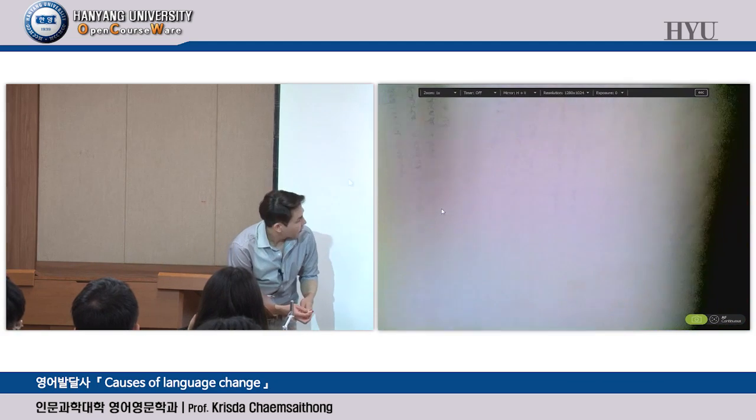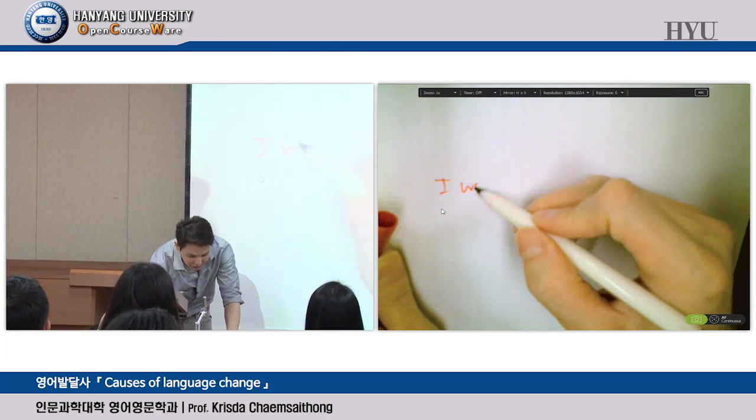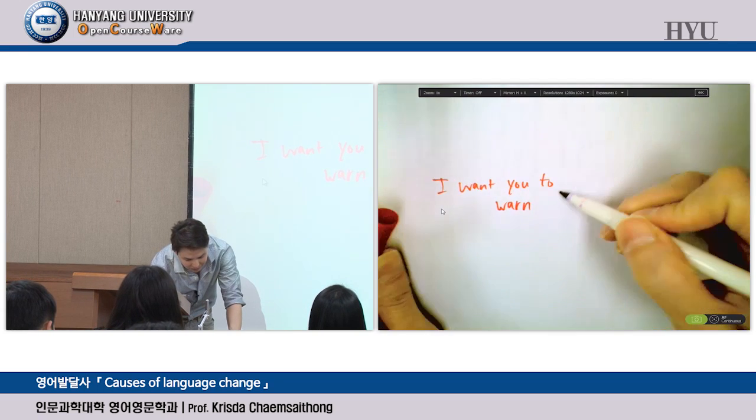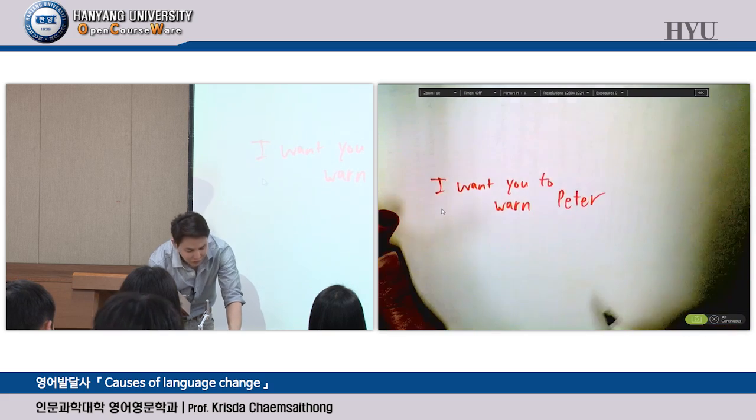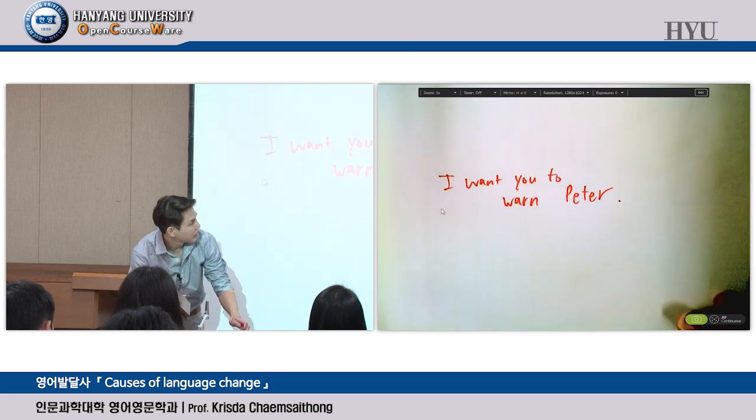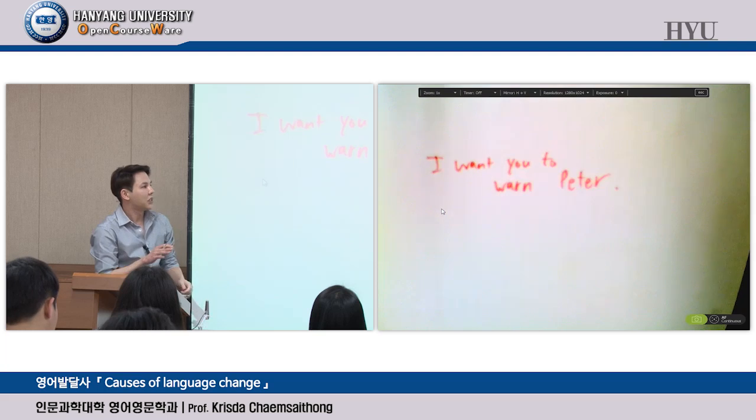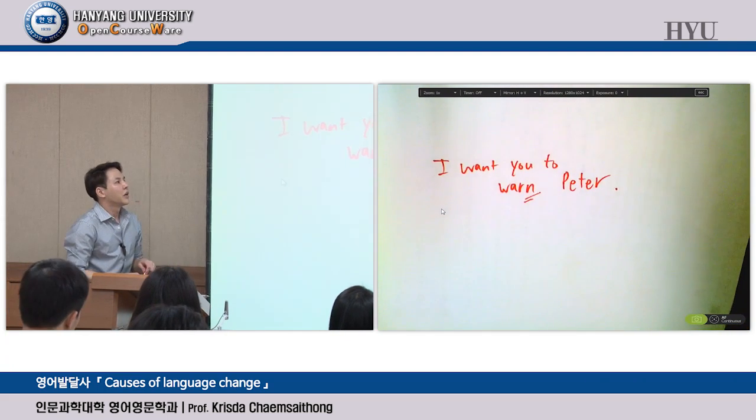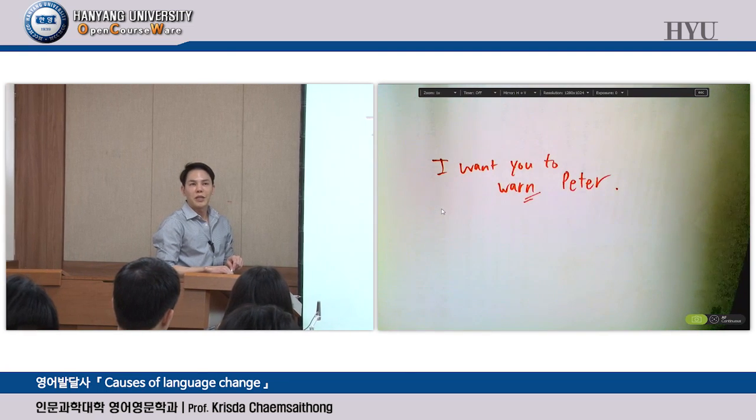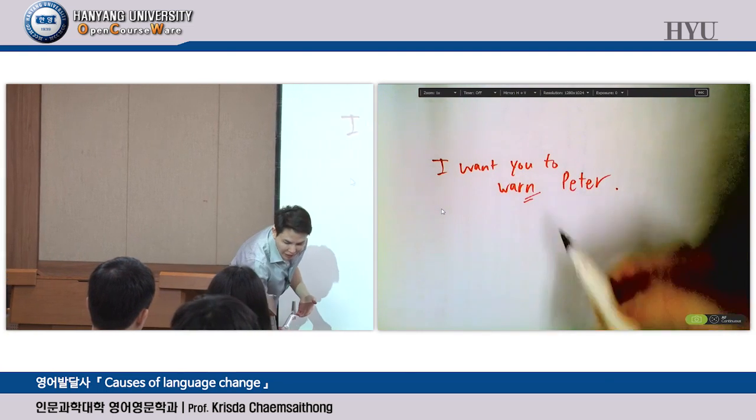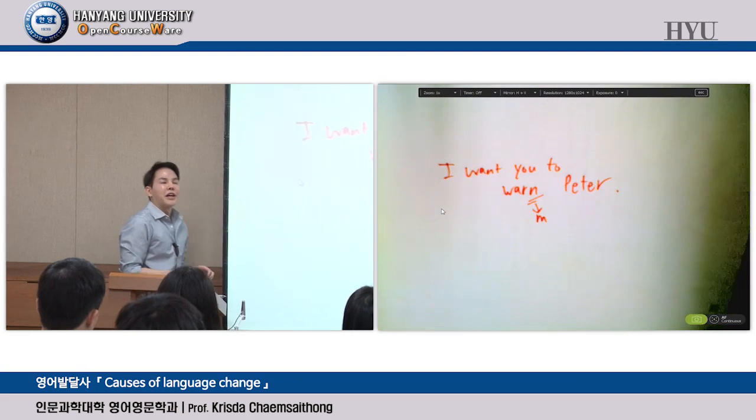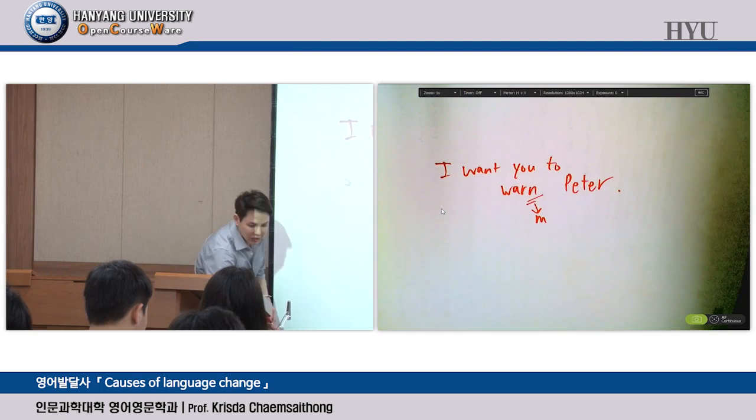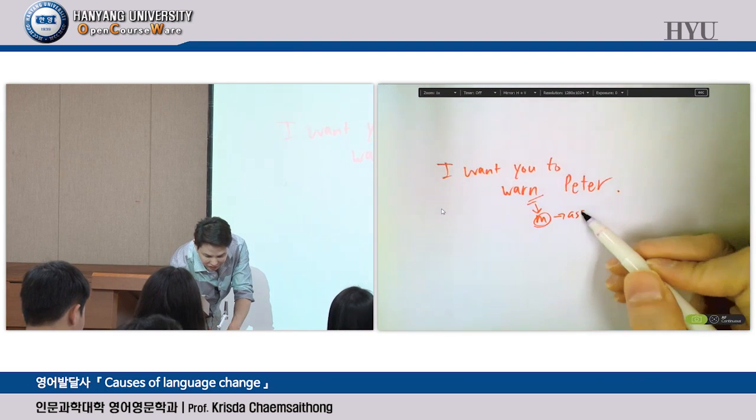if you have, I want you to warn Peter. If you say this fast in connected, natural speech, I want you to warn Peter, it should sound like an M, right? I want you to warn Peter, instead of warn. So this is called assimilation,